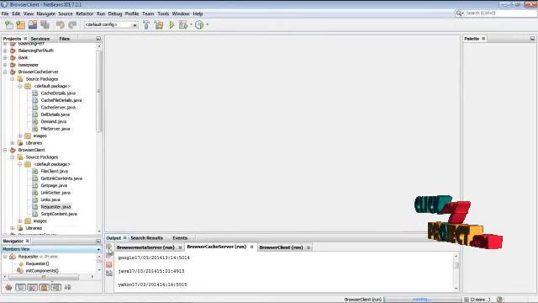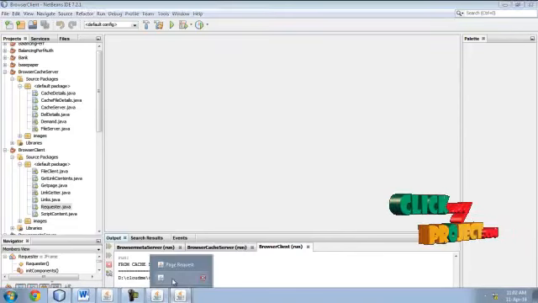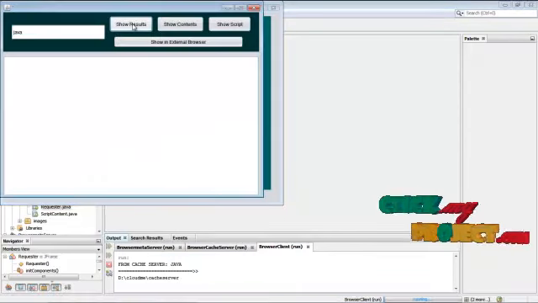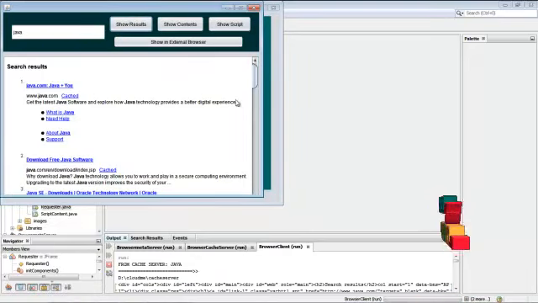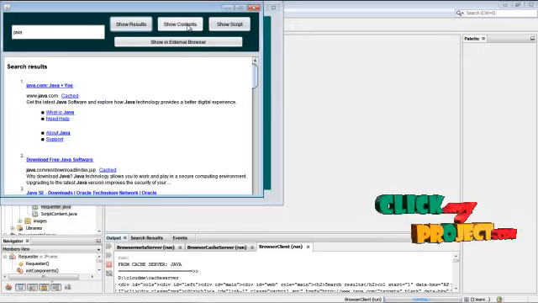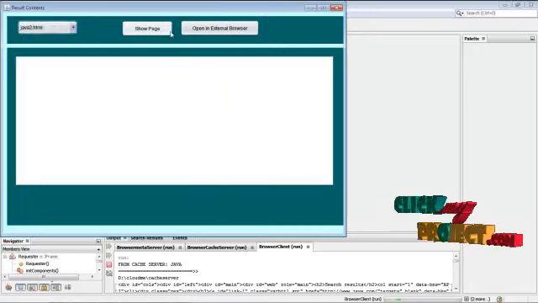Cache size. This is the cache details. The query. After the request, you get a result. This is the search result. You can open the result in an external browser also. Then the contents. Now these are the contents of each page.